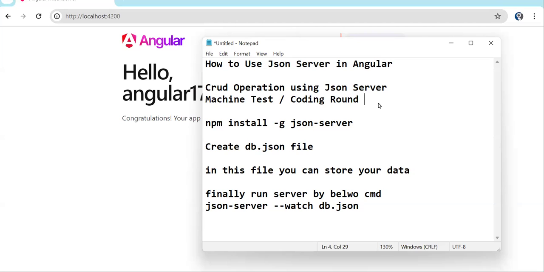So in this video, we are going to see how we do the CRUD operation using JSON server. Now, what is JSON server? Is it like creating a JSON file and calling that? So all things we are going to see, because considering nowadays, when you are appearing for